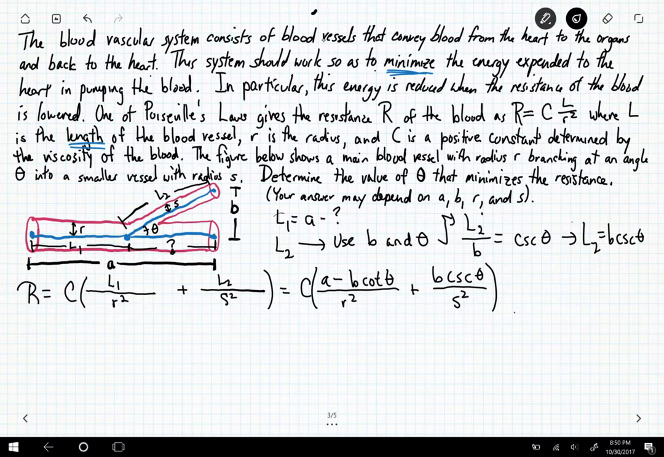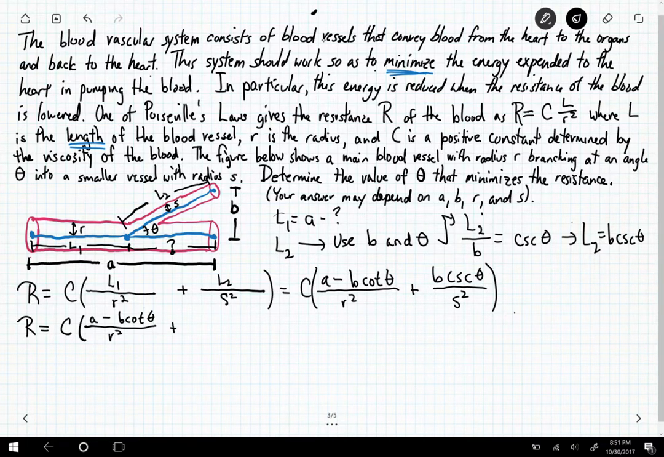Now we might be asking, what's the variable here? Well, A is some constant. It's some constant length of this vessel. B is some constant. It's some height of the vessel, right? R is some constant. It's some radius of the first vessel leading into the smaller vessel, S. So the only thing that's the variable here is theta. And that's a beautiful thing, because now we have R equals some function, A minus B cotangent theta over R squared